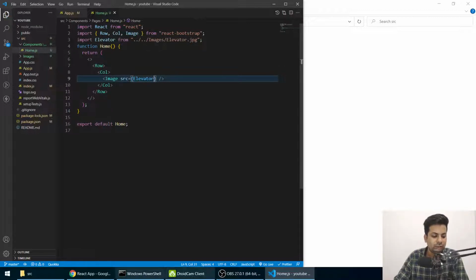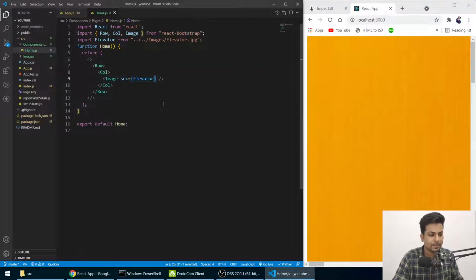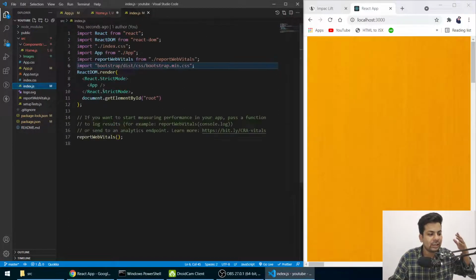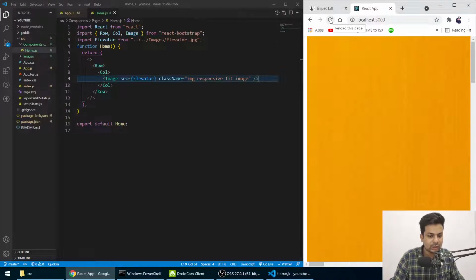I think we should see the image now, but the image is too big. We can just see parts. To make it fit in, we'll pass some classes. So we'll say className. That's why we imported bootstrap, so that we can use their classes. We'll say className image responsive fit image. If I save it now, I think it must have covered.